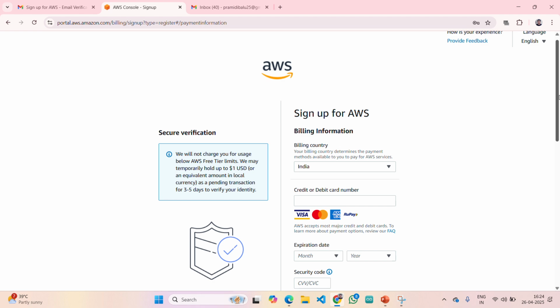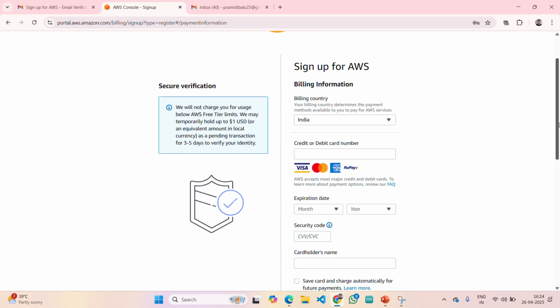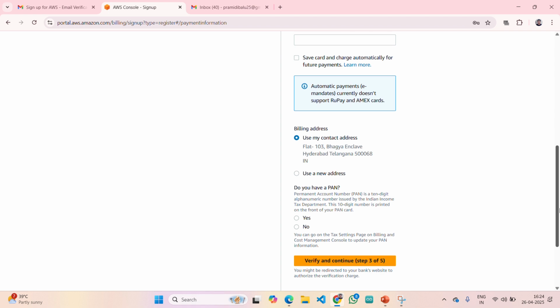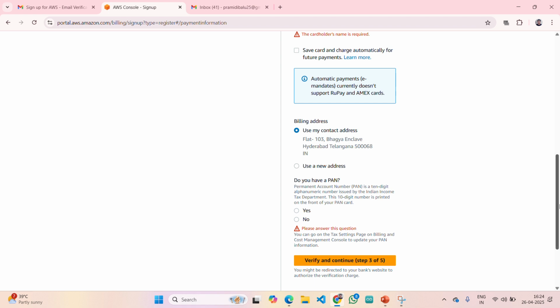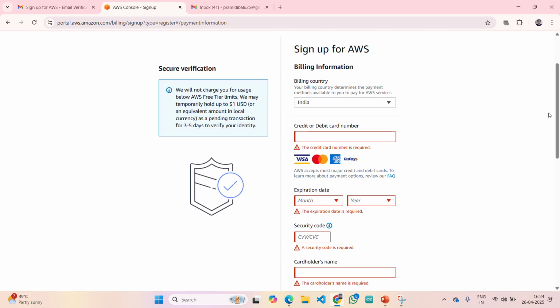Now it came to step 3 actually. It is regarding billing information. Only the required questions you need to fill in.